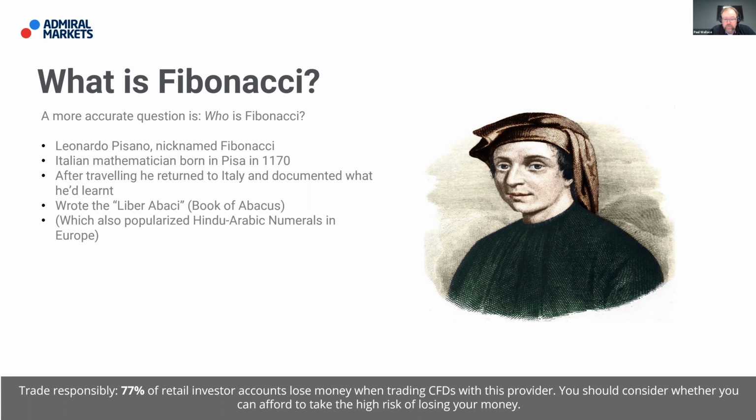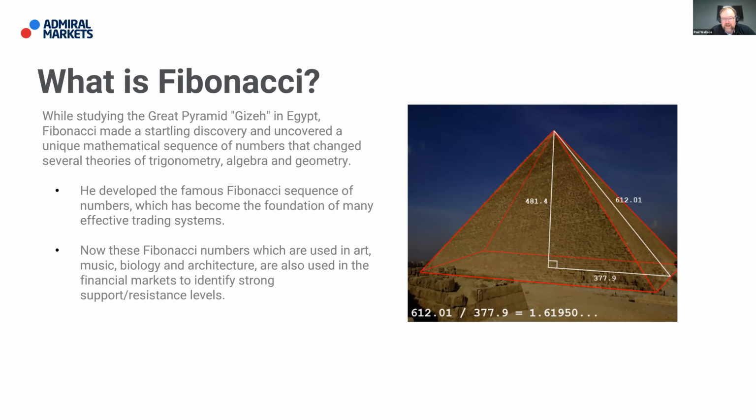He wrote a book called the Liber Abaci, the Book of Abacus, which is also what popularized the Hindu-Arabic numerals that we utilize today in Europe. So Fibonacci is not a new idea at all in any way, shape or form, but it's quite often only recently, as traders have engaged with markets, that they've started to hear this elusive term of Fibonacci. So what actually happened to Fibonacci is that while studying the Great Pyramid of Giza in Egypt,